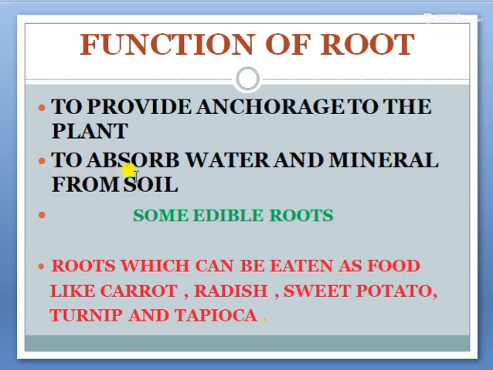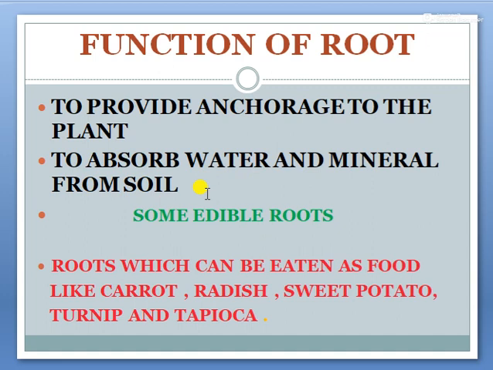And the second one is the absorption of water and mineral from the soil. It means roots help the plant to absorb water and mineral from the soil. Now this absorbed water and mineral goes from root to the leaves. How will it go from root to the leaf? Through the stem. Okay, the stem will carry this water and mineral to the leaf. In the leaf, the food will be prepared by the process of photosynthesis. Now the prepared food would also travel through the stem and it would also reach the root.